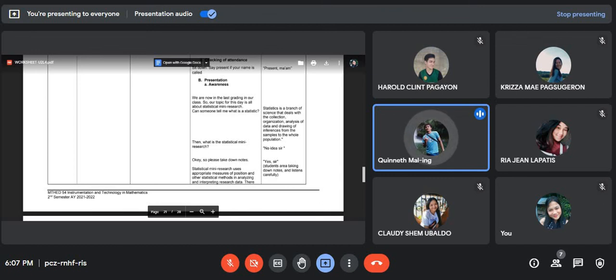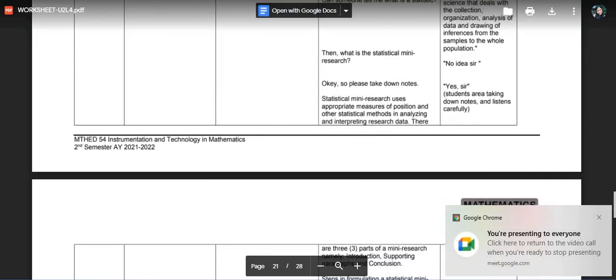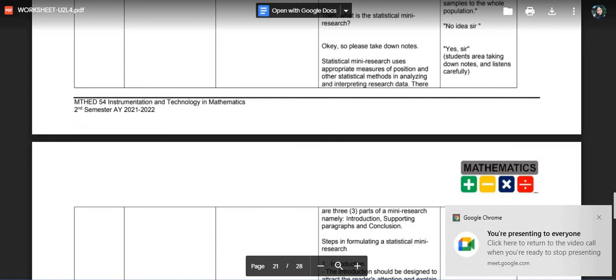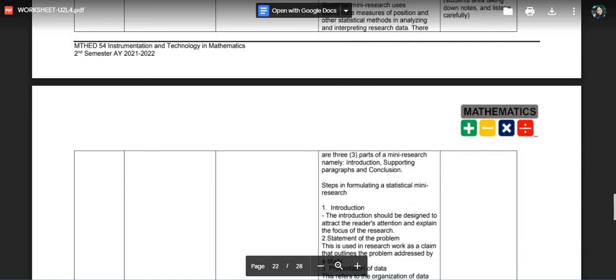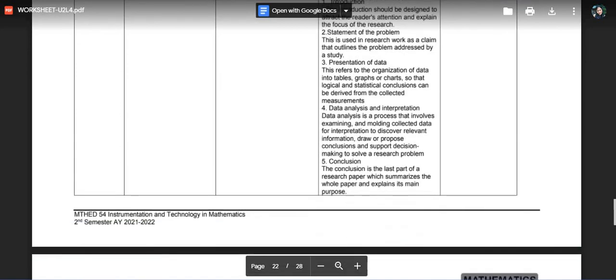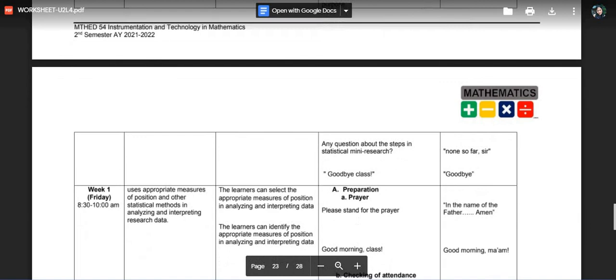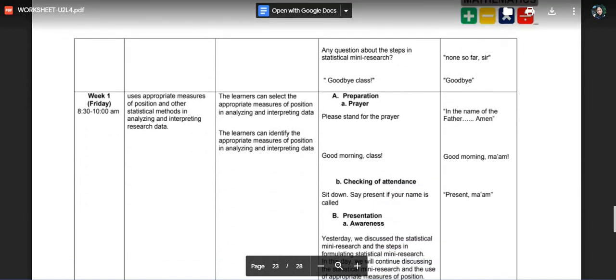Since formulates statistical mini research and uses appropriate measure of position and other statistical methods in analyzing and interpreting research data, it is connected. Then in day 5, I only have one activity. So our activities is